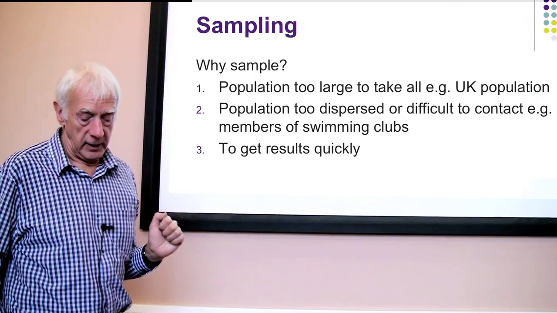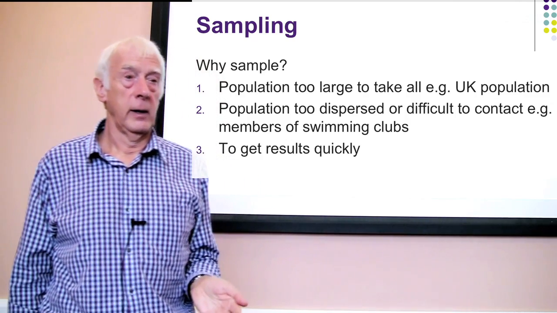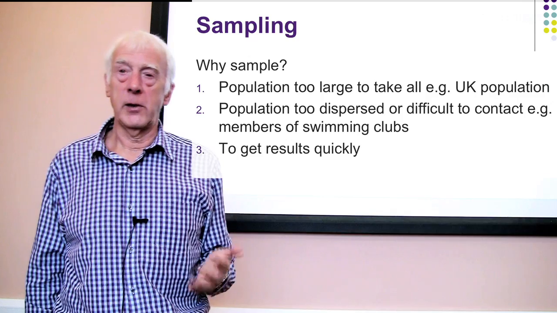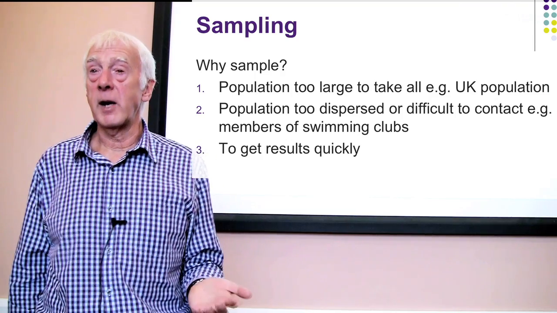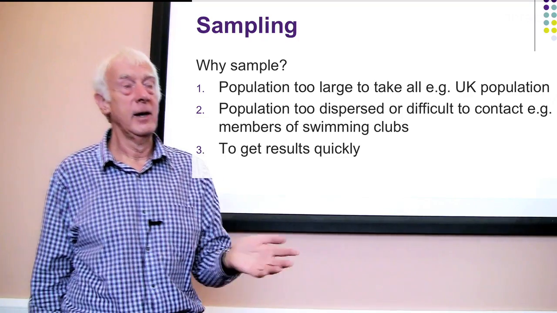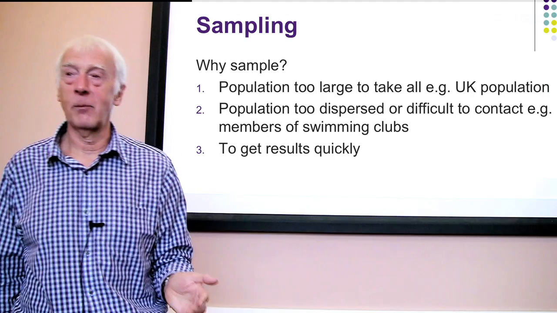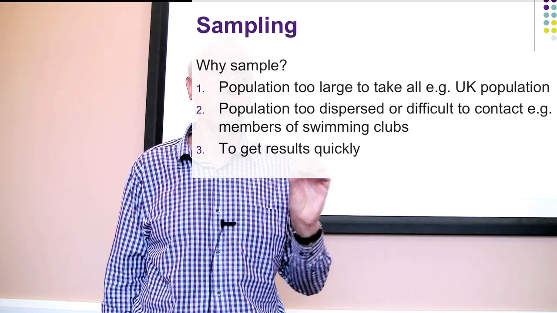Third reason, and this is another very important reason, is that we sample to do things quickly. And that's particularly an issue in things like opinion polls, where it matters that you get the results in just a couple of days because it's timely, it has to be before the election takes place. You don't want the results of the opinion polls after the election's taken place. Nobody's interested then. They want to know before the election. So that's why it's important to do it quickly.